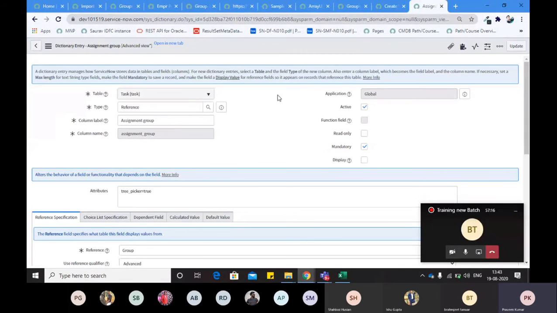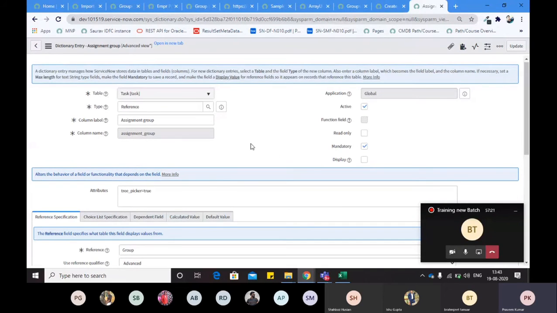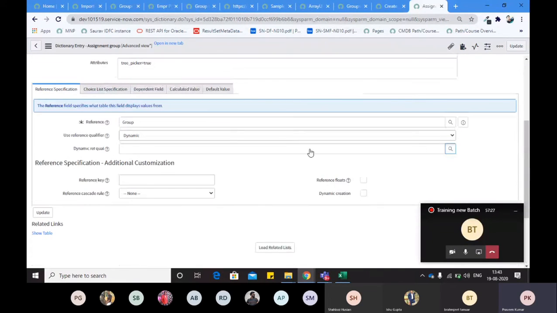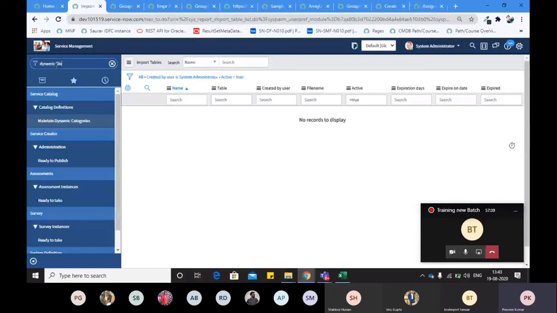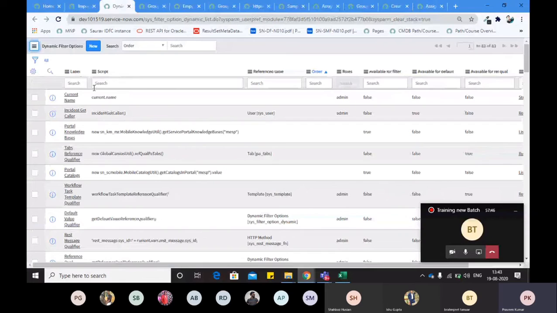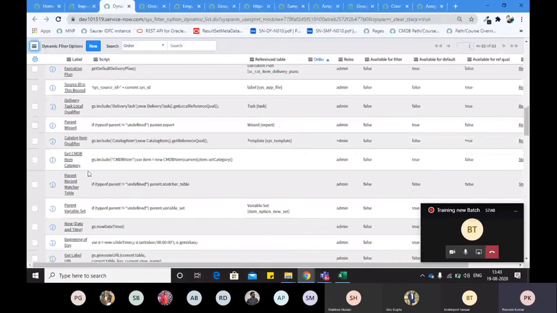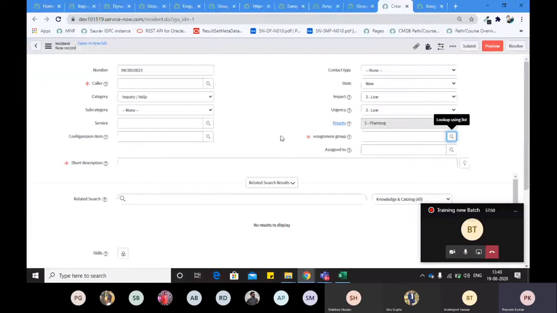So when you go here, there is a module in ServiceNow, dynamic filter options. Here you basically create all those filters which you are able to see there, here in the reference qualifier, right?